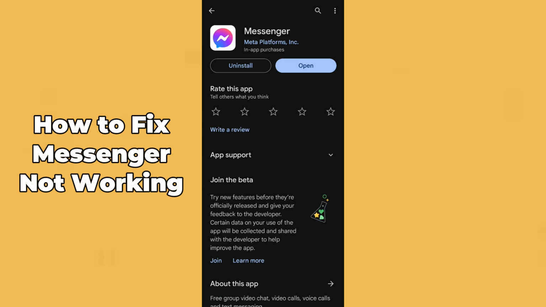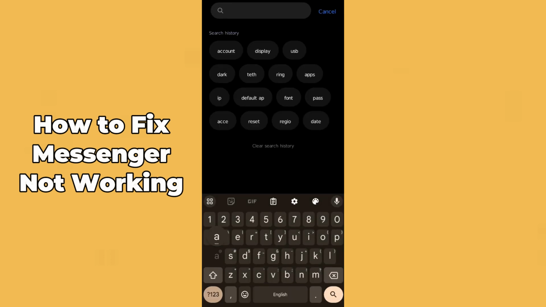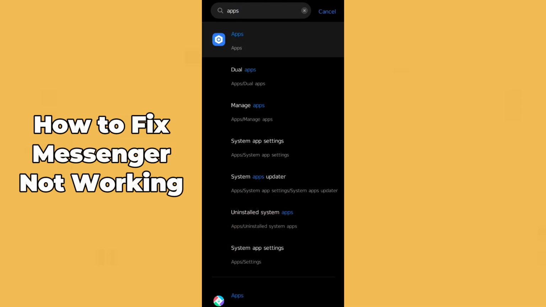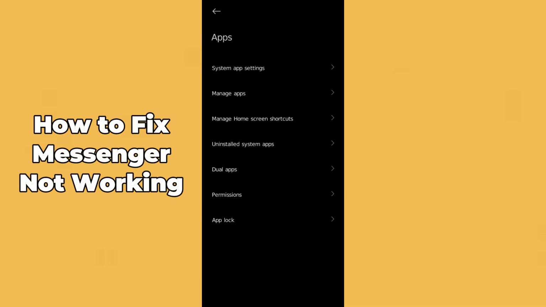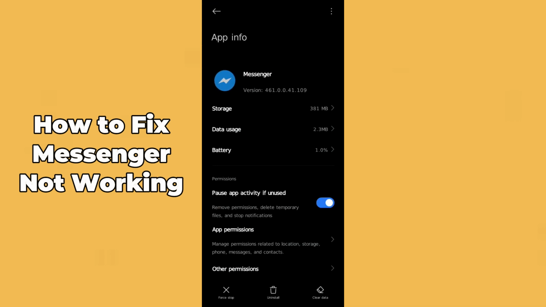So if the issue is still not resolved, then you have to go to your phone settings. After coming to your phone settings, just search for apps. So I'm just searching for apps. After searching for apps, open up the apps and open up Messenger in the apps. After coming to Messenger, what you have to do is hit the force stop button